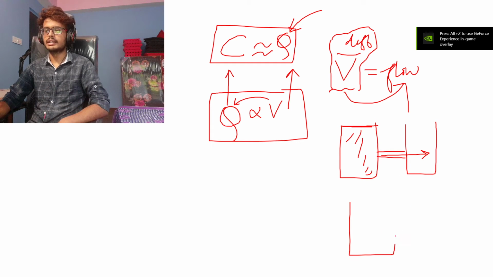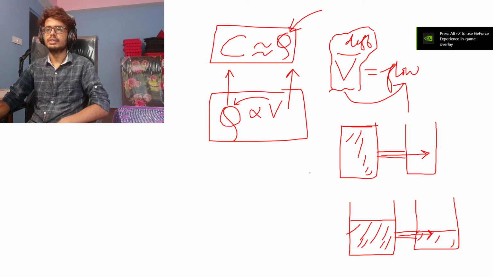Now if I say both tanks are only this much full, the pipe is somewhere here, and this tank is not as completely full as before, then the flow will be a little bit slow. Whenever the potential difference is low, the flow is slow. Like if this is 5 and this is not more than 10, then 10 minus 5 is 5 only. So the potential difference is 5, right?